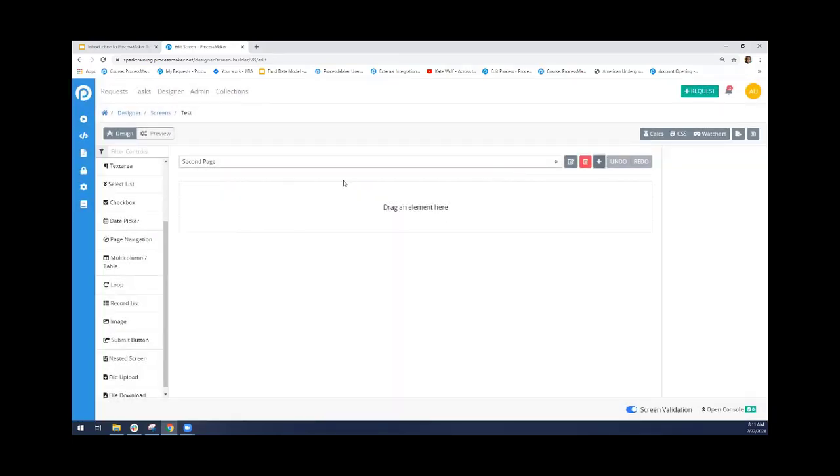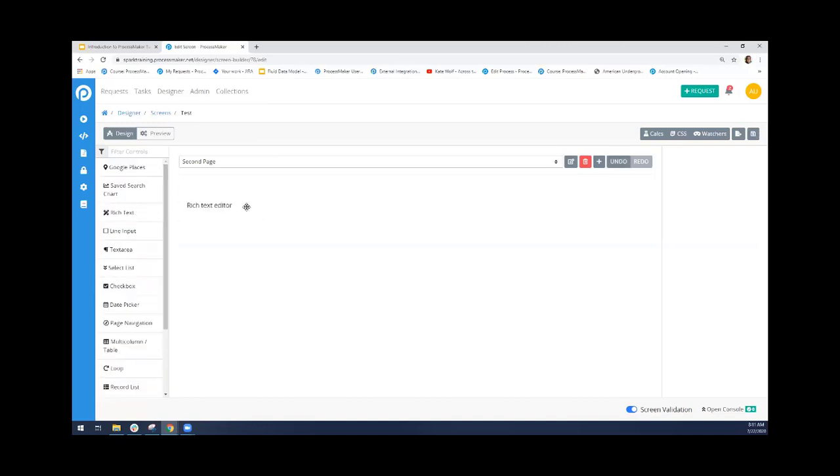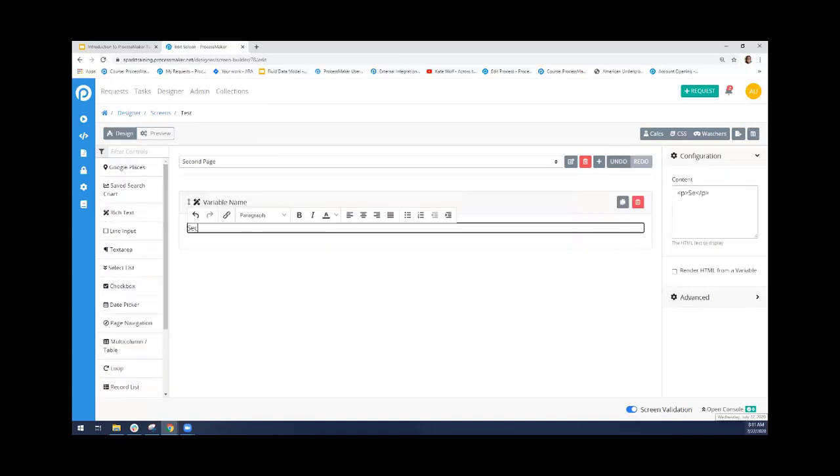And then I'll save that, and then it just takes me to basically what is a blank page. So you just design this in the exact same way that you would any screen, like what we did yesterday. It just is sort of a separate page, but it doesn't function any differently from the first page. So let me just add a rich text control here to differentiate this page from the first page. So I'm just going to call this second page,